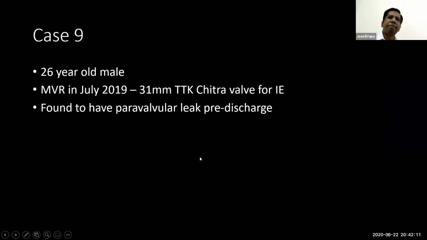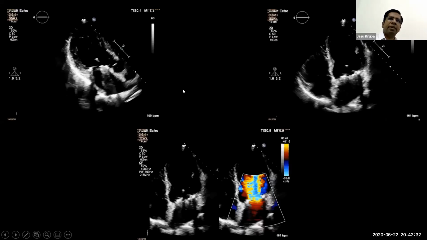The next one is a 26-year-old male, mitral valve replacement last year, 31 mm TTK Chitra valve, which is a single leaflet tilting disc valve. The patient had infective endocarditis prior to that. He was found to have a paravalvular leak. I've already told you what the problem is. But